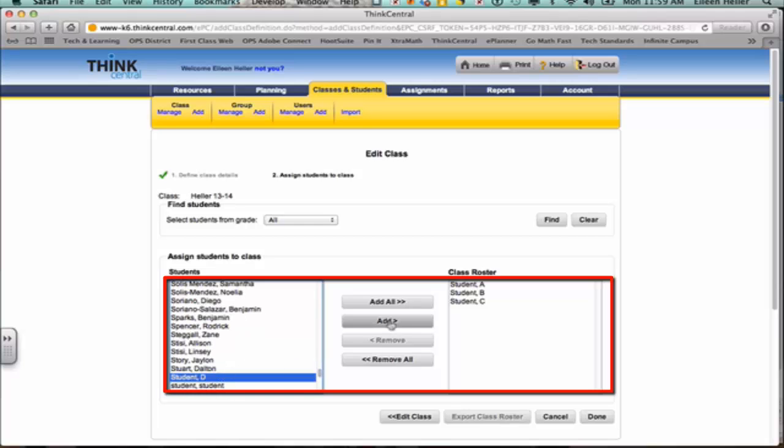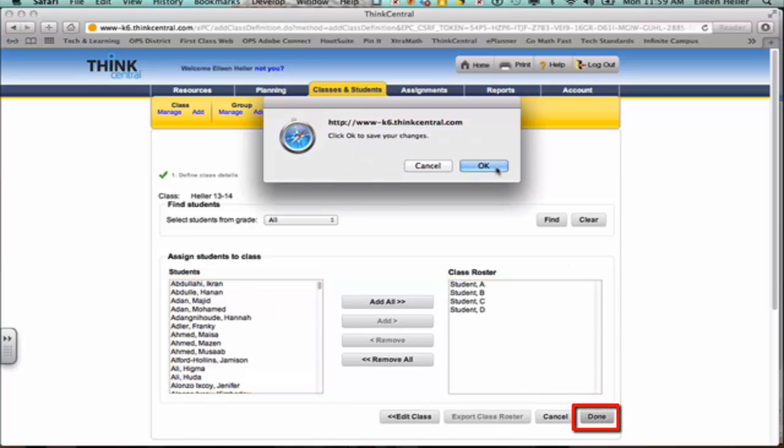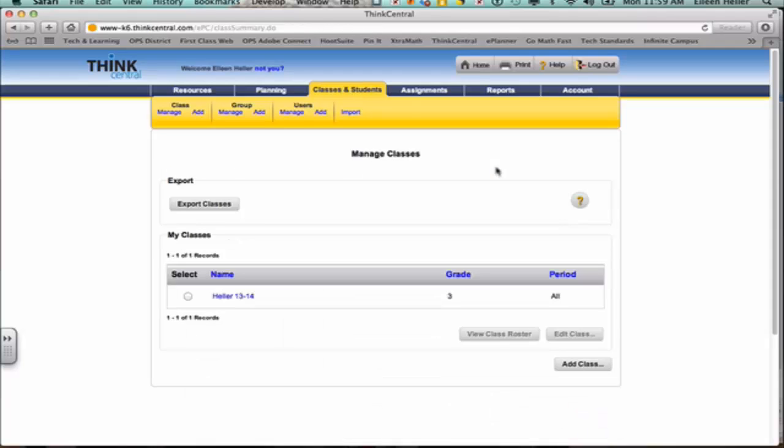And I'll add that student in. I'll select Done and say OK to save my changes. So now I've created my class, and let's pretend that I have all of my students in that class, and